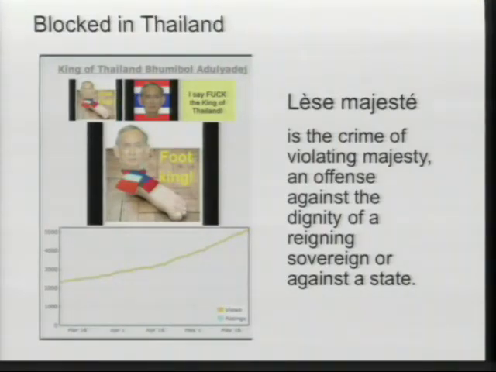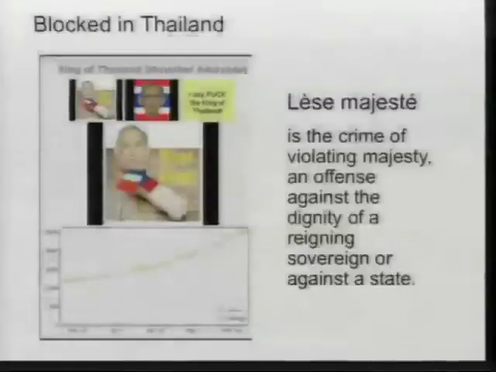Is anyone familiar with lèse majesté? I can't speak French, so I'm probably butchering that. So lèse majesté is a law, right? And it says you cannot impugn the king. And if you could think about how ridiculous that would be if you went to jail for making fun of Bush. This law says, and there are reporters that have gone to jail for this, if you make fun of the king, you can go to jail for up to 15 years. And this is for any type of criticism of his policy or what he's wearing, anything. These videos